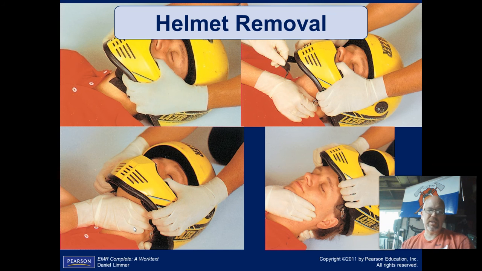One of the videos did discuss helmet removal specifically for a football player. There are some differences here. Think about the different types of helmets we have. This is the helmet for a motorcycle. We need a couple of sets of hands here. If you notice, this guy's holding C-spine precaution right off the bat. The next person comes in to unbuckle the strap. That'd be a good idea before trying to pull his helmet off.